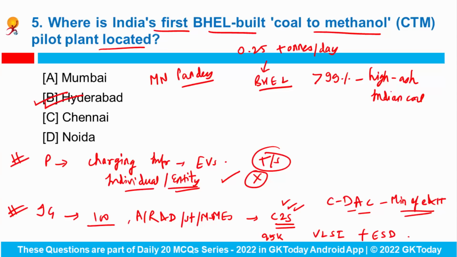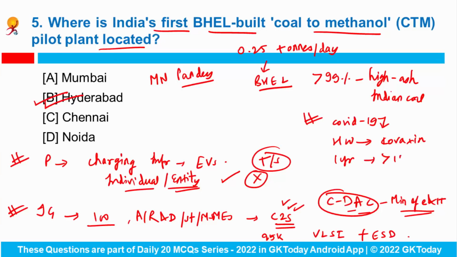Okay. So if you are asked which is the nodal agency for the Chips to Startup program, answer would be CDAC. Now apart from it, India released a commemorative postal stamp on COVID-19 vaccination to mark the first anniversary of the country's national immunization program. The stamp shows a health worker inoculating a senior citizen with Covaxin, and within a span of 1 year, India has administered more than 156 crore doses. And talking about Covaxin, it was developed by Hyderabad-based Bharat Biotech in collaboration with the Indian Council of Medical Research.